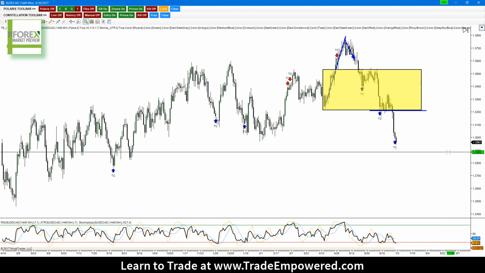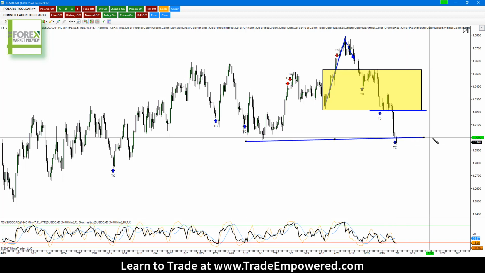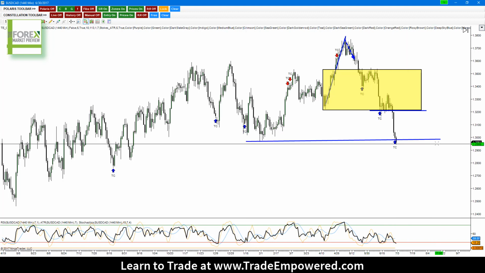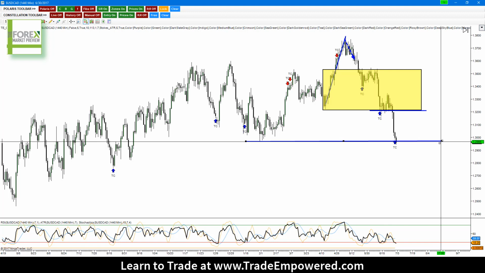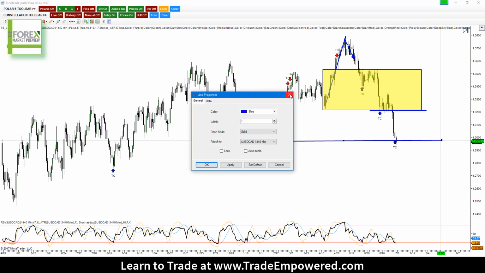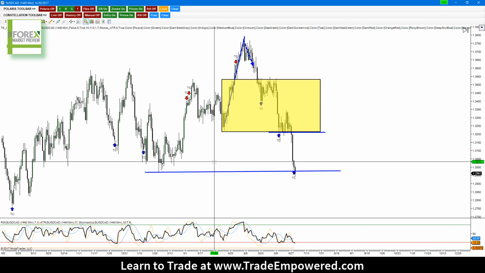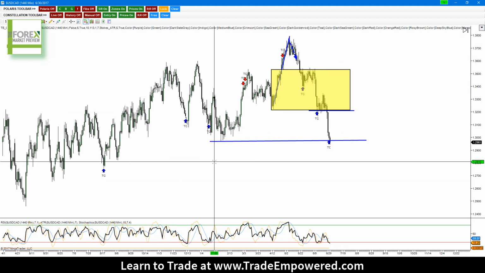So we got short here, and then we ran into a previous level of structure. There was a potential for long opportunities here as well at the end of last week, but we recently had a break and close below, so I'm still thinking short. So the big question that I'll be looking for this week, right? When I think short, I look for a pullback, right? So some type of relief and then an opportunity to get short in the market.